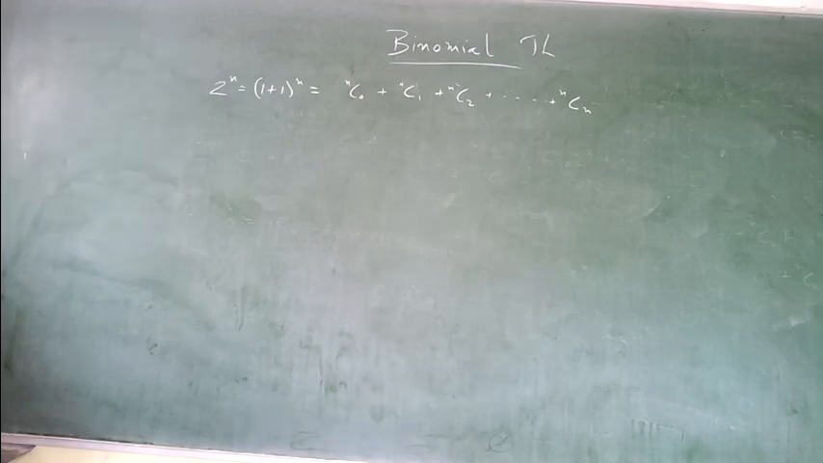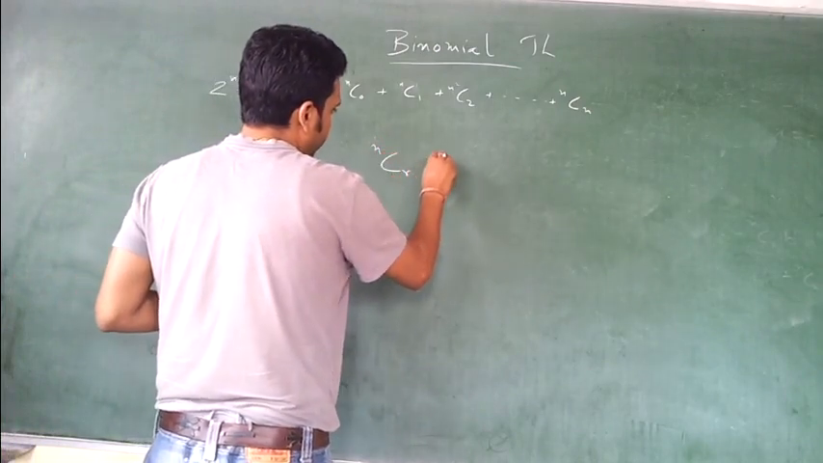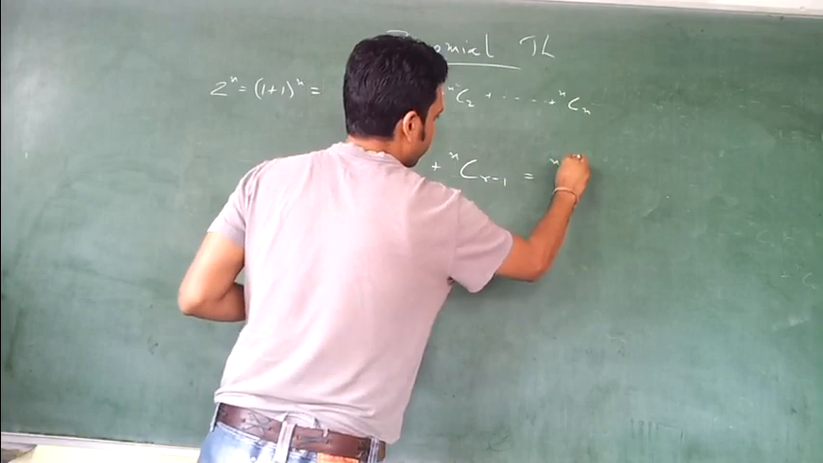Write down one or two properties and prove it. Write down NCR plus NCR minus 1 is equal to n plus 1 CR. You have to prove this. NCR plus NCR minus 1 is equal to